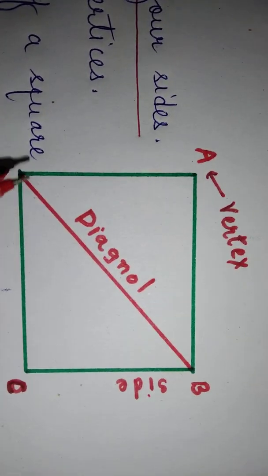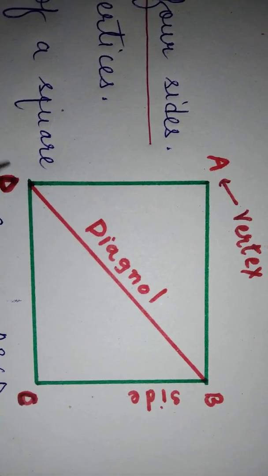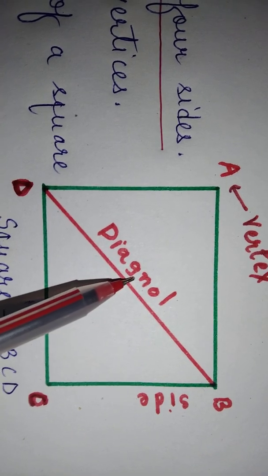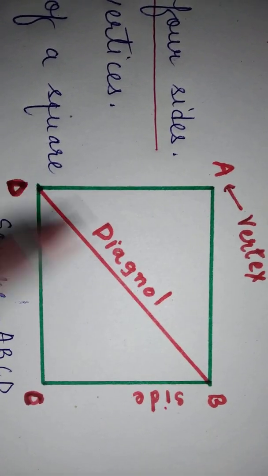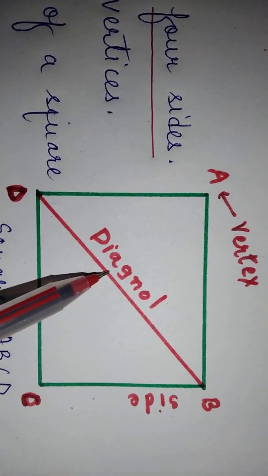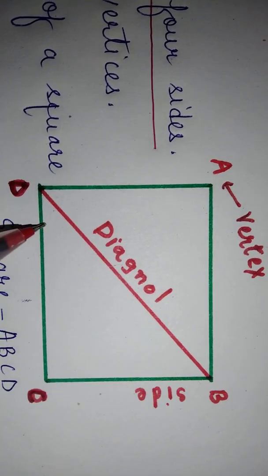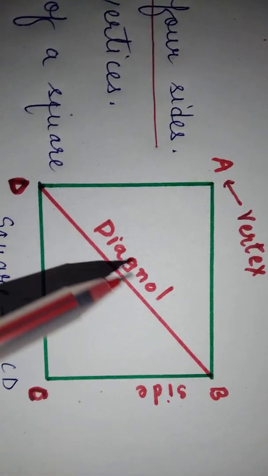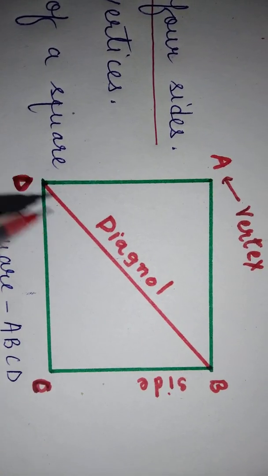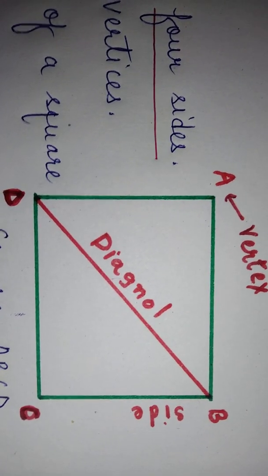Then children, talking about the diagonal, the line that joins the two opposite sides of a square is known as a diagonal. ठीक है. ऐसी लाइन जो दो स्क्वायर के दो ऑपोजिट साइड्स को ज्वाइन करती है, दैट इज नोन एज अ डायगोनल. So here the diagonal is BD and DB. ठीक है. आप इसको किसी भी तरह से प्रोनाउंस कर सकते हैं या इसको नेम कर सकते हैं BD और DB. So this is the diagonal of a square.